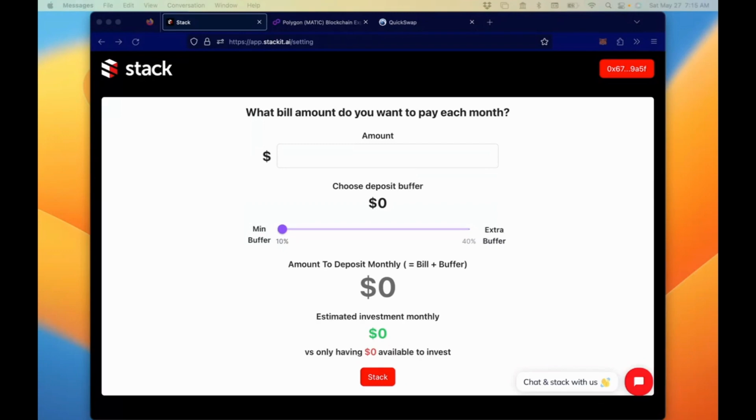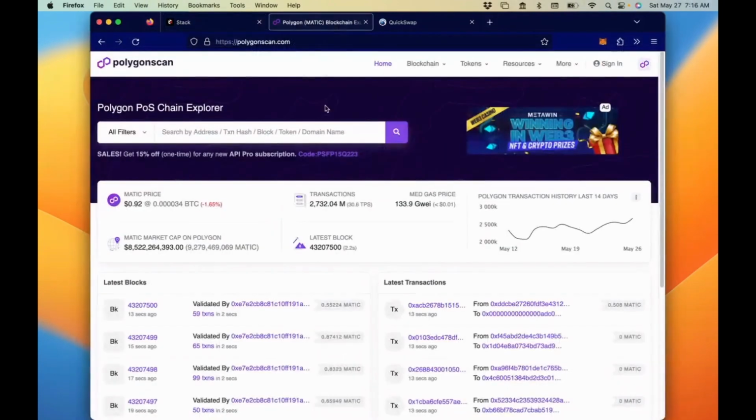Okay, so now we're at the Stack app, and this is where we'll be depositing the amount of money we want to deposit into Stack and choosing our settings. Before we start there, we want to make sure the money was received. So we're going to go into